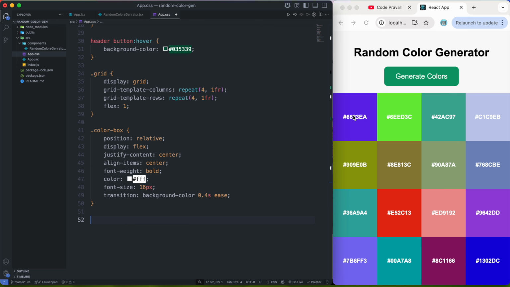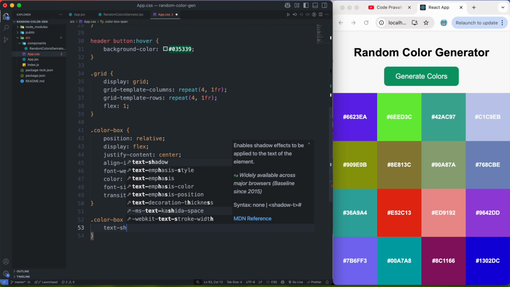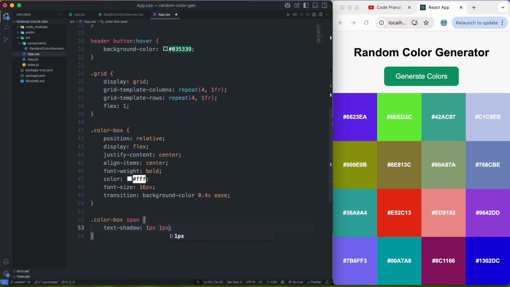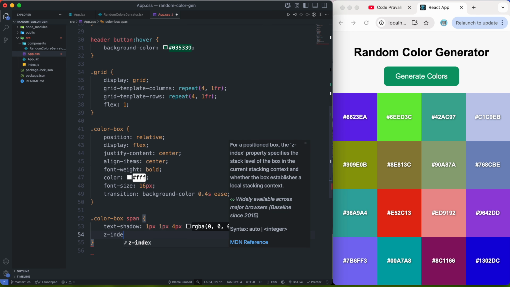The next part is this text color, which I can select using span. So I'll say I want to assign some text shadow to this text of, let's say, 1 pixel and 4 pixels, and the color I want to use is black with the opacity of 0.5. So you can see there is some text shadow which has been applied,